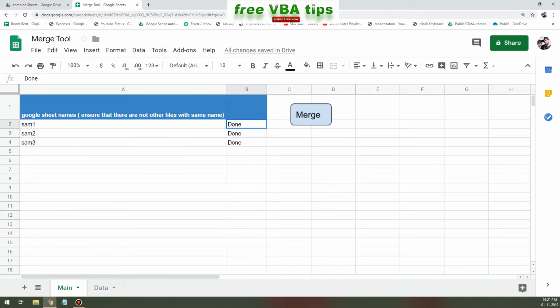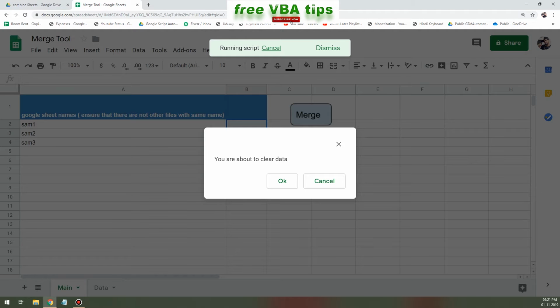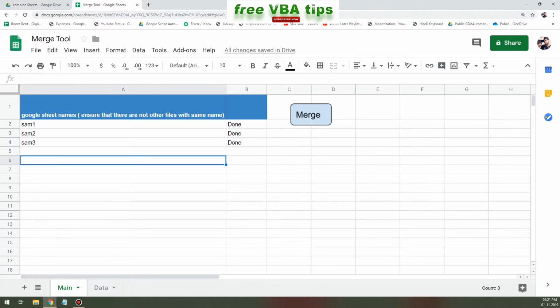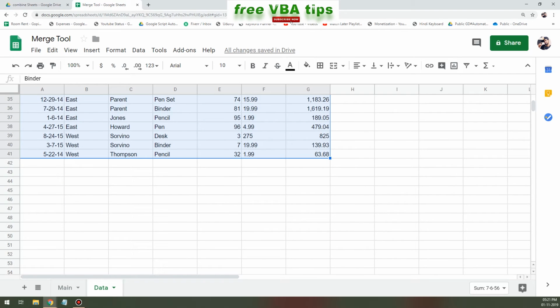I have to come here and click on this merge button, and it is going to prompt. Though there is no data, it prompts and clears the data. Now you can see in the status bar there are different files coming up. It is actually opening those files one by one and getting the data. So you will see the status as done, done, done, and you will see the entire data over here in